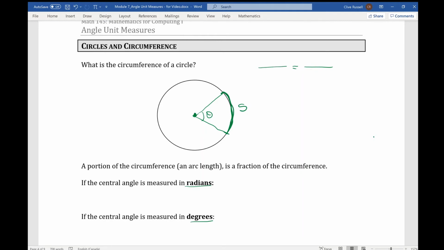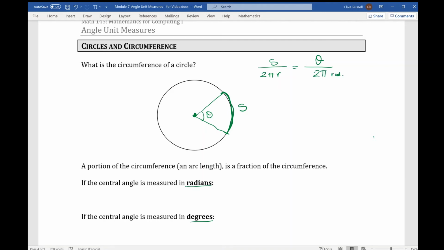So we're going to say that the arc length S is to the whole circumference, which is 2 pi r, in the same way that the angle theta is to the total angle in the circle. So in terms of radians, it's going to be 2 pi